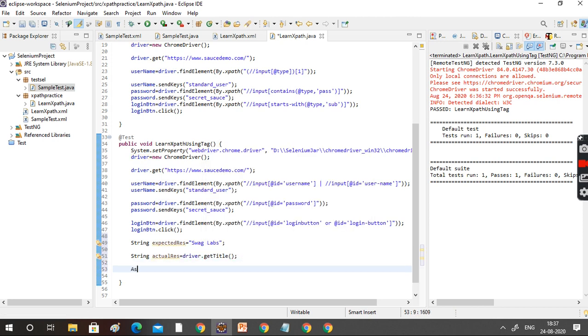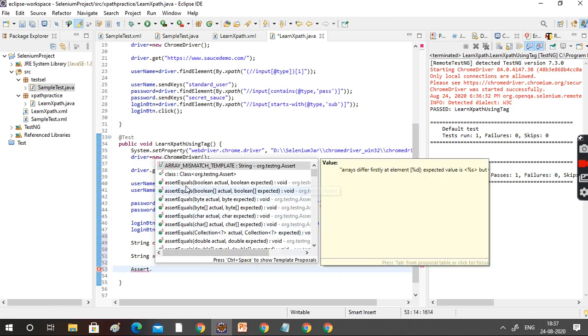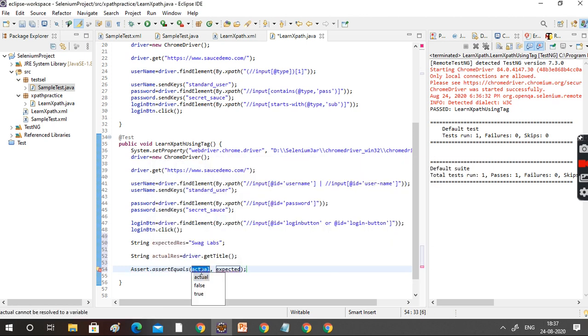We know that, right? Assert.assertEquals. What is the actual result? This is the actual result. What is the expected result? This is the expected result. Okay, now let's see.